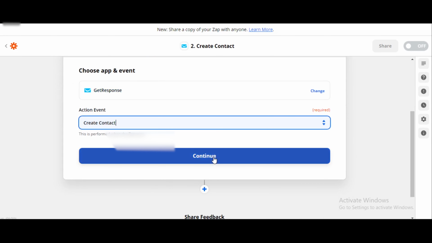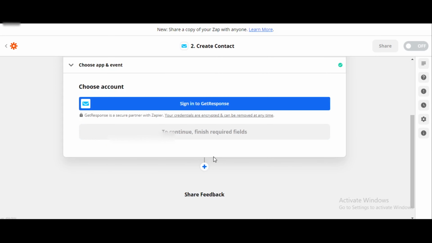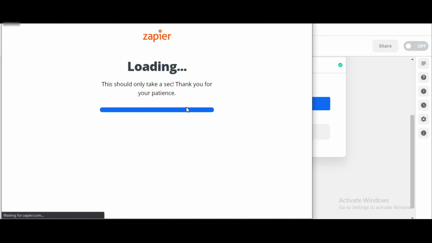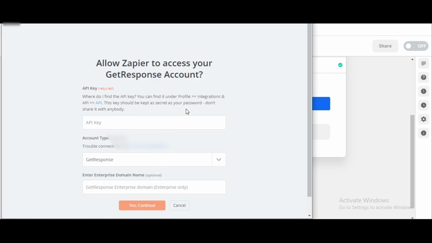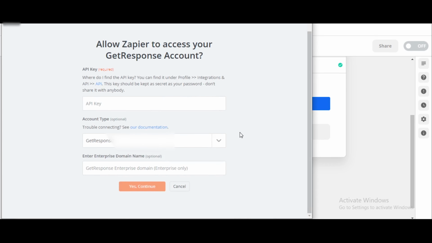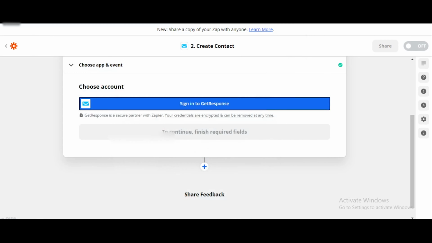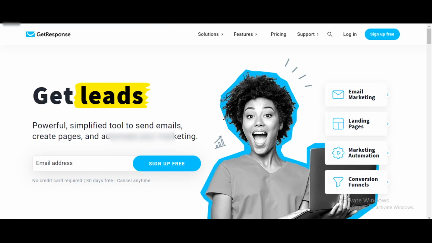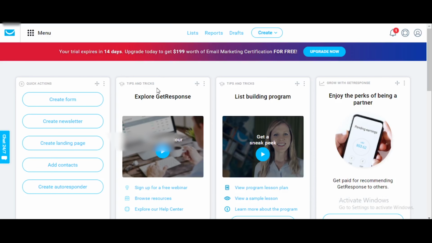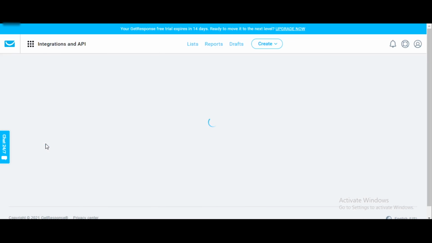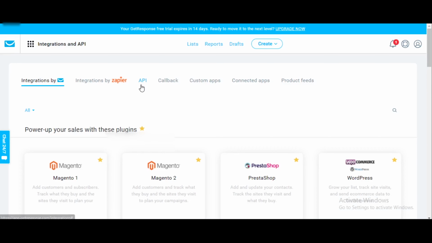Okay, so click on continue, and I'm going to click on sign in to GetResponse. To connect GetResponse to Zapier, we're going to have to enter the API key. So minimize this and head over to GetResponse. I'm going to click on menu, integrations and API. Click on API,